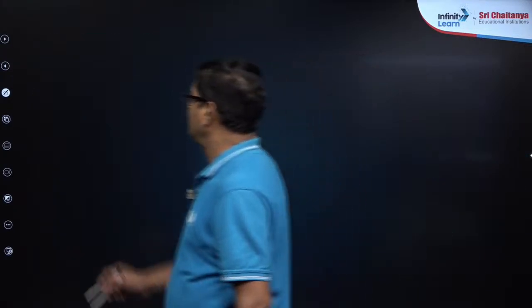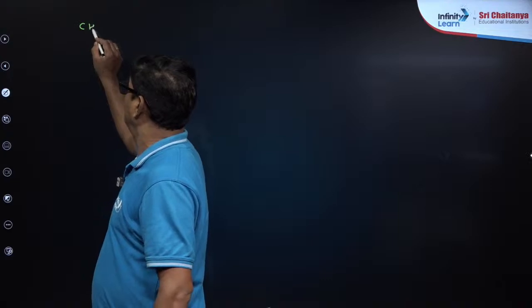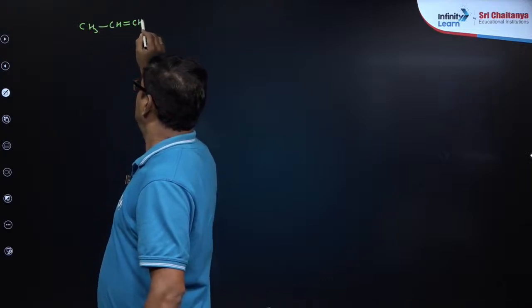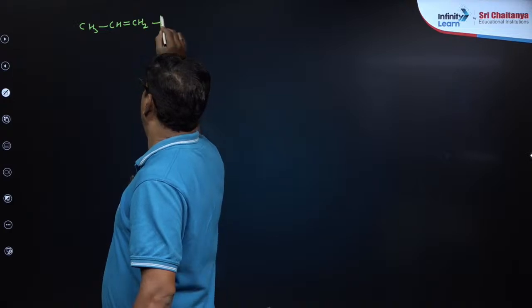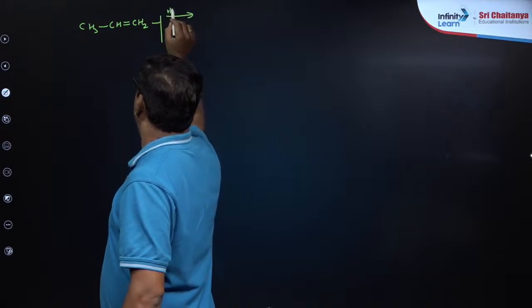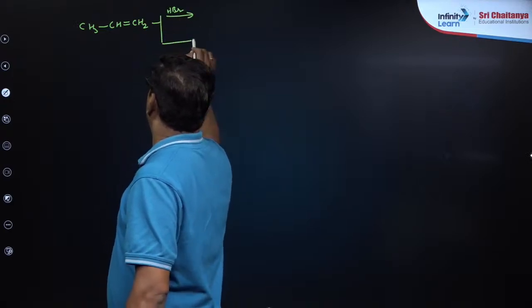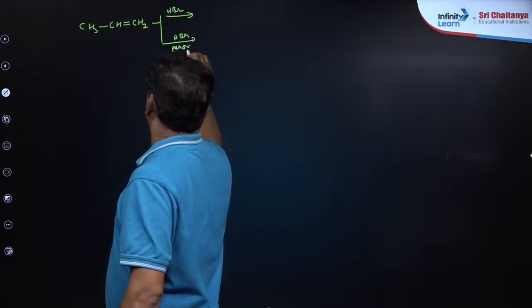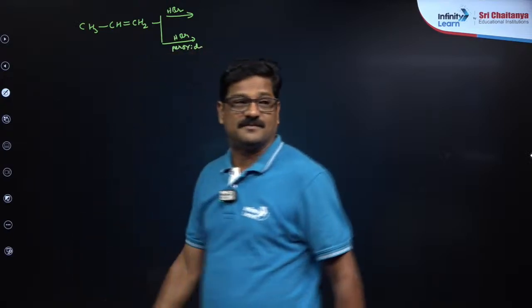Consider CH3CH=CH2. If you add HBr in the presence of peroxide,